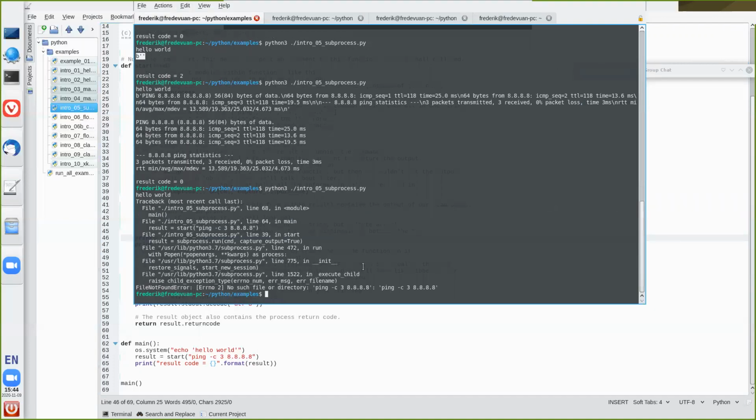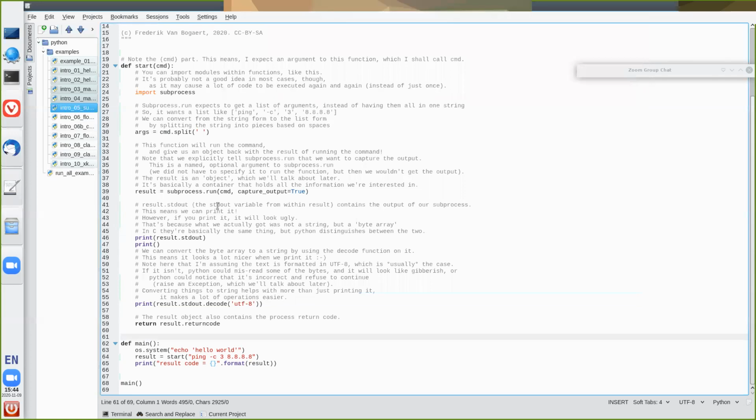If I try to pass a string here, then it will say file not found error, because it thinks that the entire command is just a file name. So really we need to give multiple separate values here. So we need to give a list of